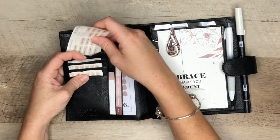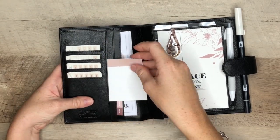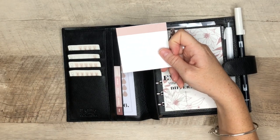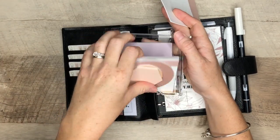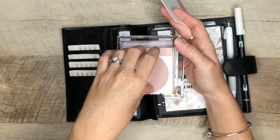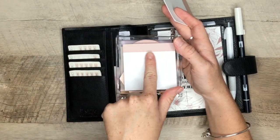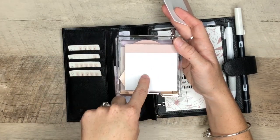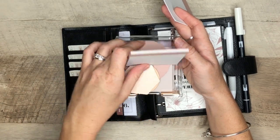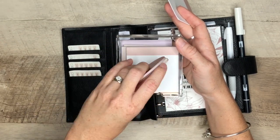Okay, so next I have my favorite sticky notes from Cloth and Paper. These are some of the sticky notes that I've received in my subscription box from Cloth and Paper, but my absolute favorite are these. The reason is because I can label and then just write things down, and they have a dot grid, so it's easier for me to write straight. So I do keep